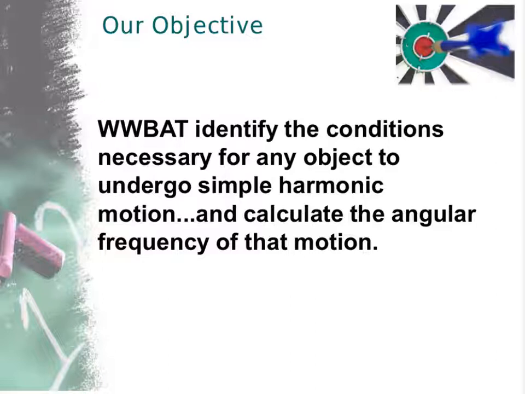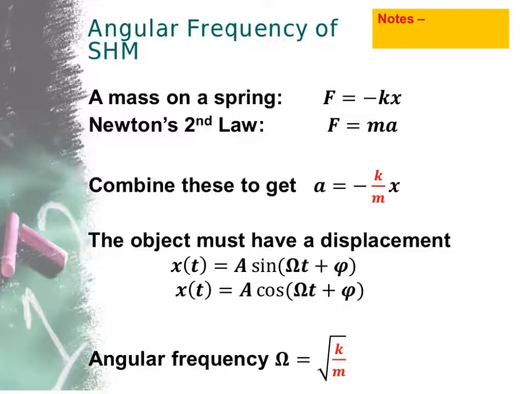In this lesson we're going to be able to identify the conditions necessary for any object to undergo simple harmonic motion and calculate the angular frequency of that motion. In order to do that, I want to remind you of what we learned in 7.2.1, and that is